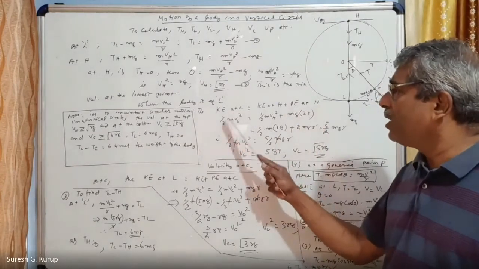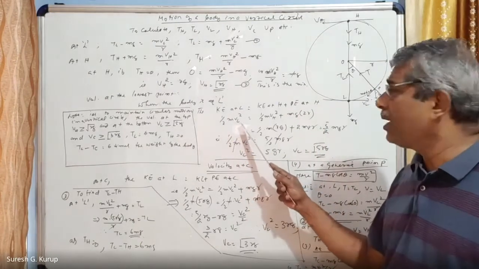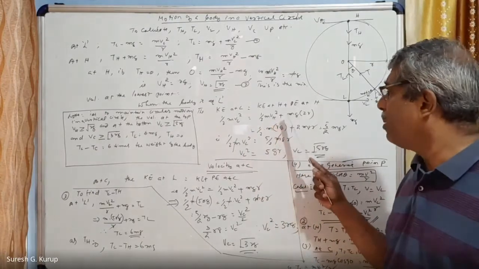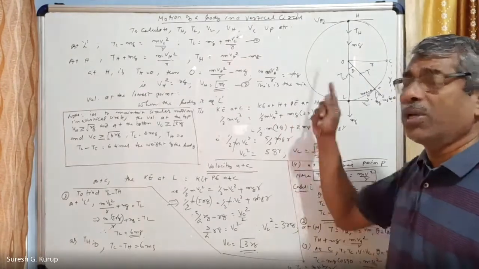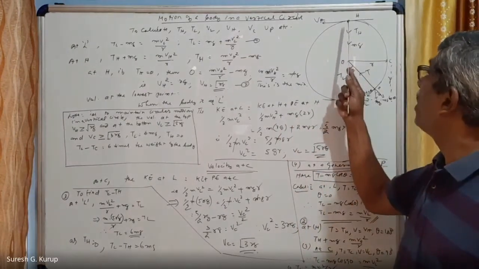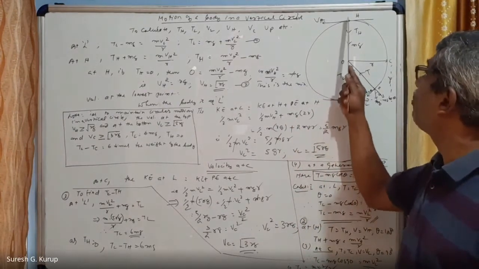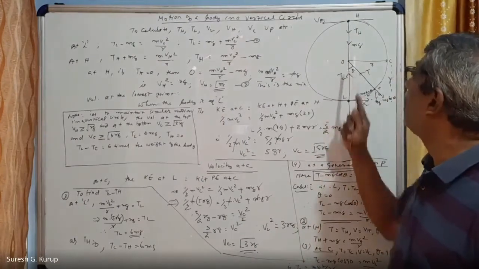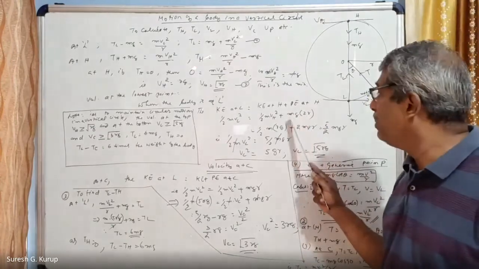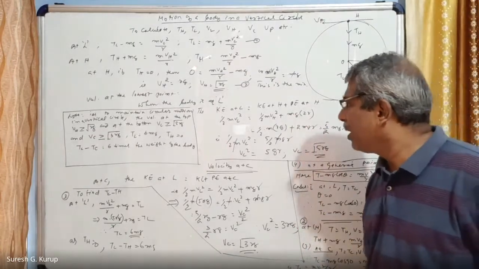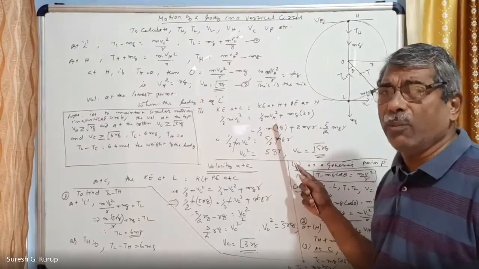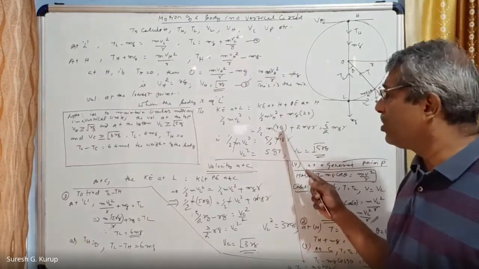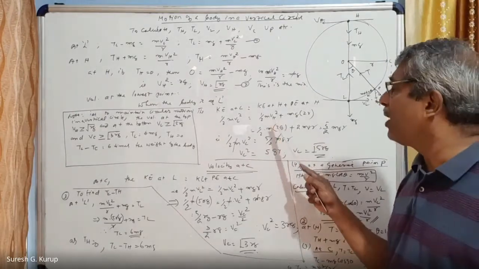So kinetic energy at L is equal to half m VL square. That is equal to half m VH square, the kinetic energy at the highest point, plus mg into the total height from this point to this point. So what is the height of H from the lowest point? That is equal to R plus R is equal to 2R, so mgh. Am I correct? But everybody knows that for the minimum value of tension, zero tension, VH is equal to root of rg. Am I correct? This is the critical velocity. VH square is VH is equal to